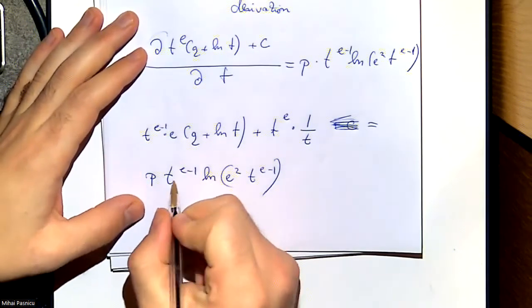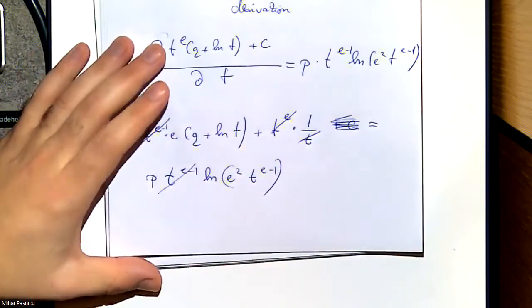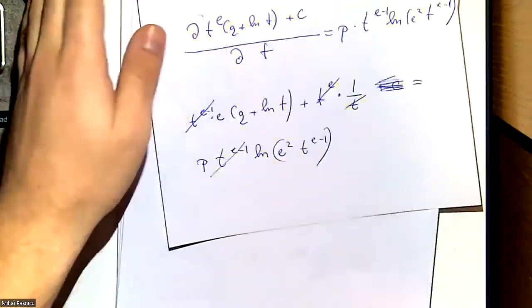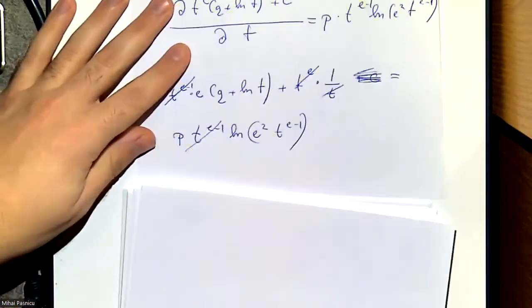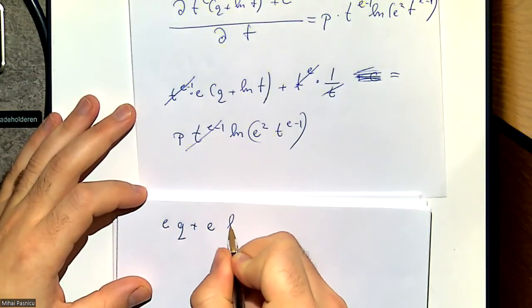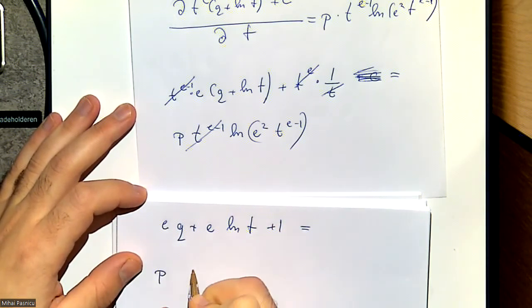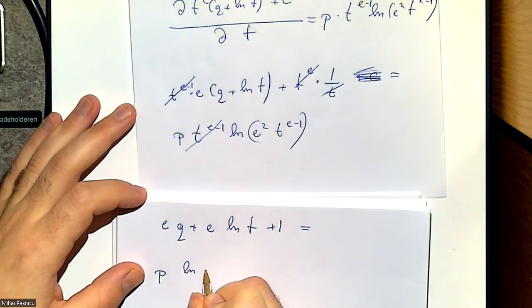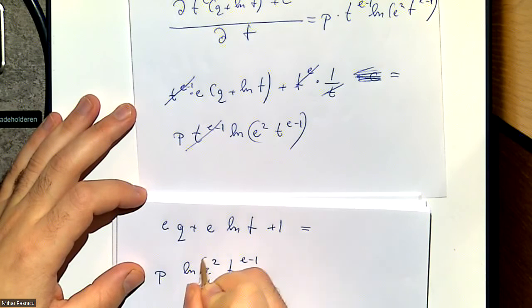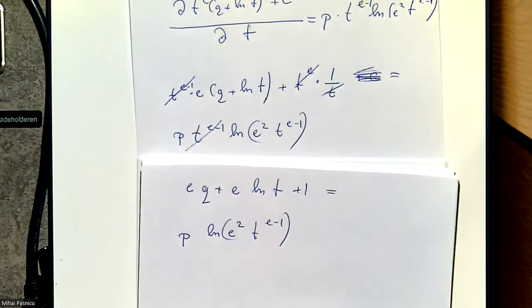Now I take the derivative of T, I can simplify this, T minus 1 goes away. And what I have left is actually just E Q plus E ln of T plus 1 is equal to E ln E squared T E minus 1. And I know this doesn't really look like they're equal, kind of at all, to be honest. So